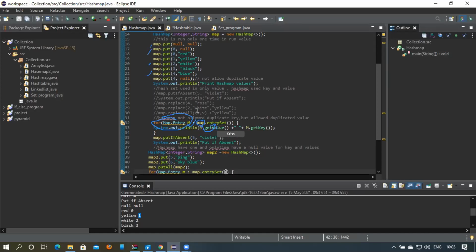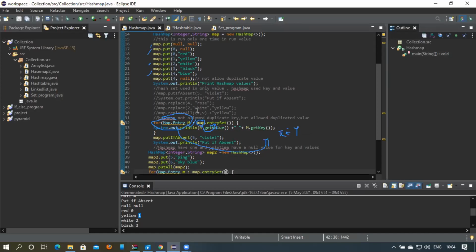Now, for which object are we trying to call this method? If you understand this very clearly, we can understand that with the help of Entry, we can get the key-value pairs in one shot. So for that, we use the Entry interface. Now just see how these things go.